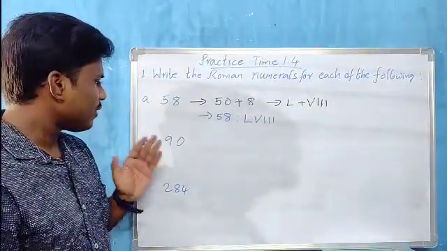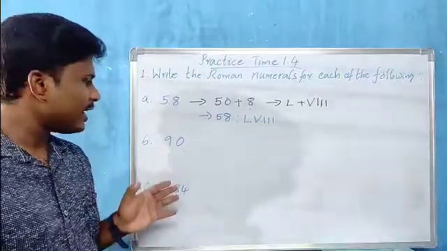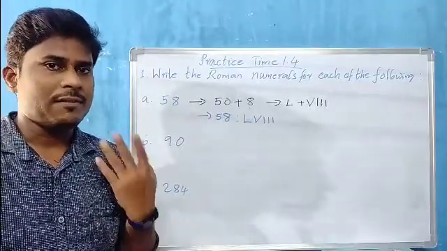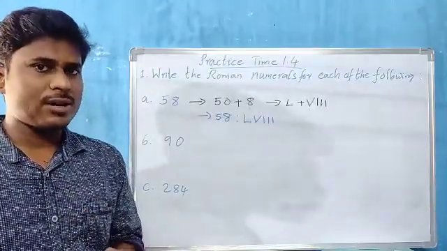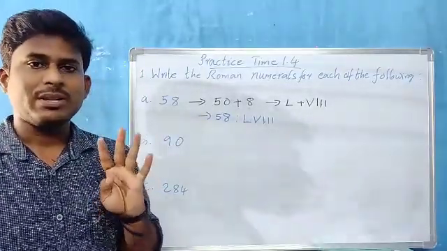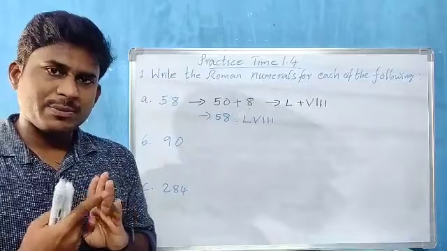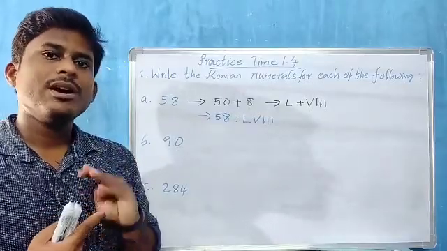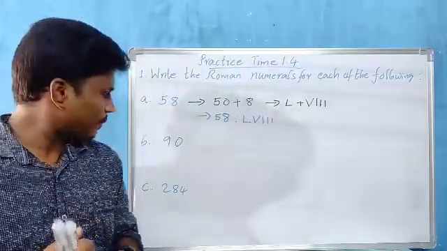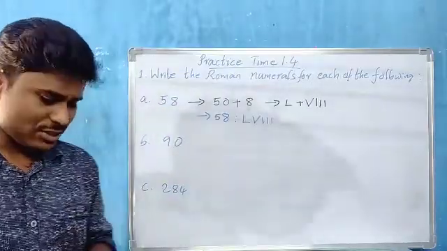Okay children. Now let us go for question B. 90, children. So how do you write 90? Can we write it in the form of 50 plus 40? If you write 50 plus 40, see 40, what is the symbol? We do not have a direct symbol. We have to write XXXX. But based on rule 1, what is that, children? We can repeat a maximum of 3 times I, X, C, M. V, L, D never repeat. So X, can we repeat 3 times or 4 times? It is 3 times only. So 50 plus 40, we could not do it. So what do we do? We have to subtract from 100. So 100 minus 10 gives us 90, children.